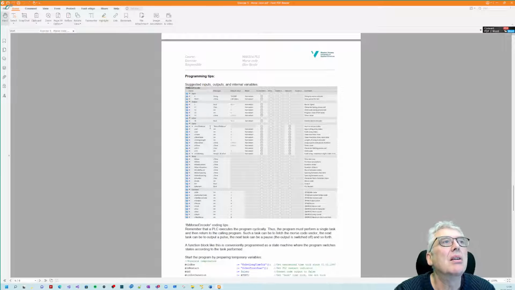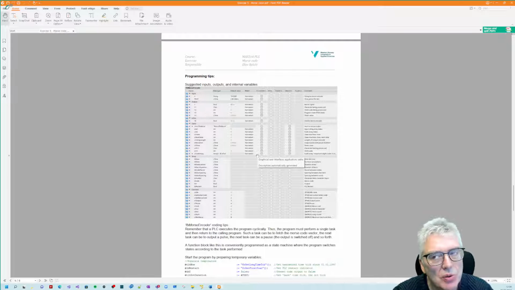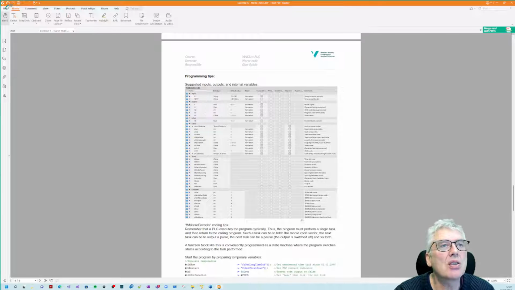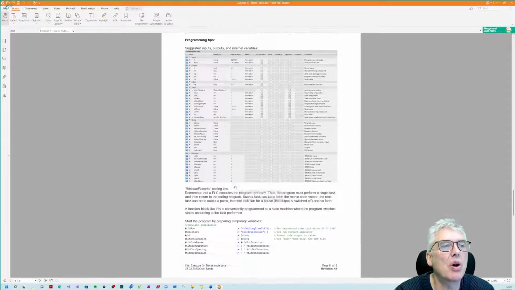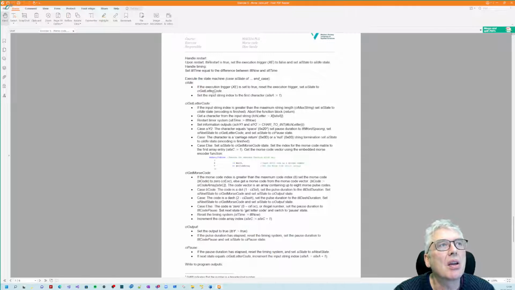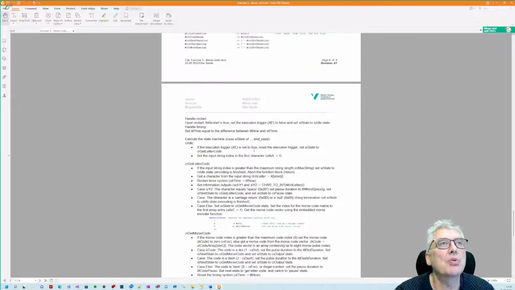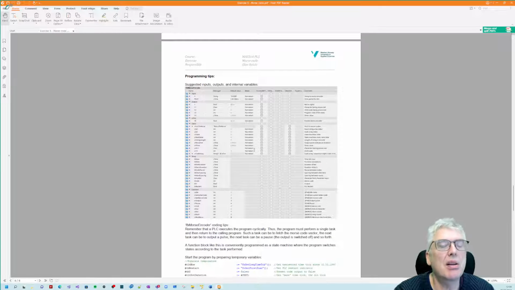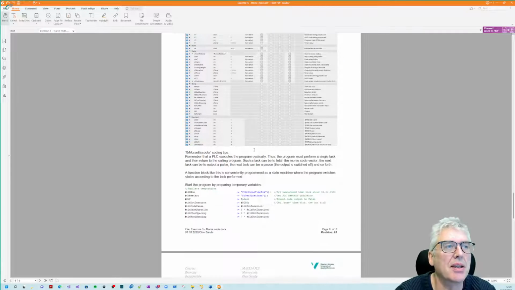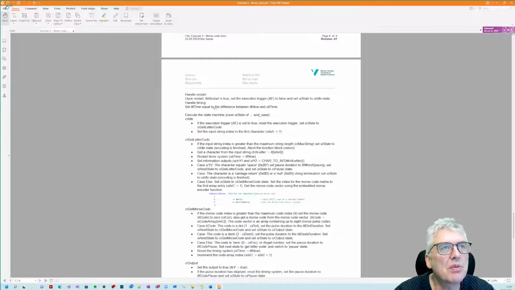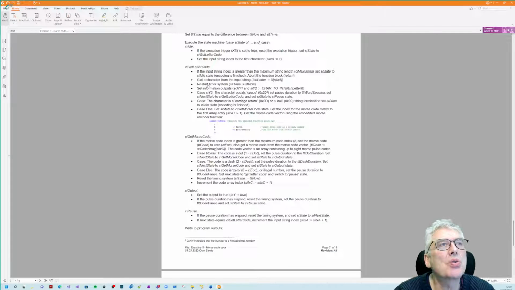Okay, and here are programming tips. I'm not going to go through those, but they are kind of extensive. Here are suggested variables and inputs and so on. And this is going to be a state machine. And there's an execution trigger to say, okay, I have a sentence, execute it, send it. Write a new sentence, execute it, send it, and so on. So it writes what you should do. And here is how to call your